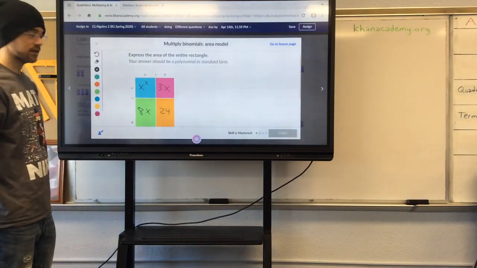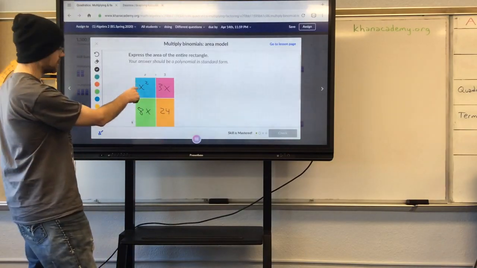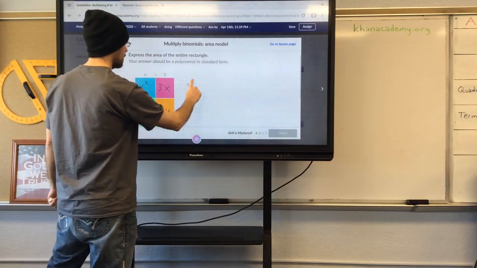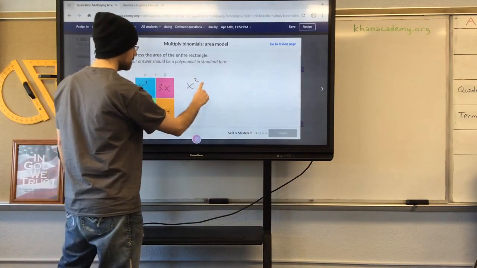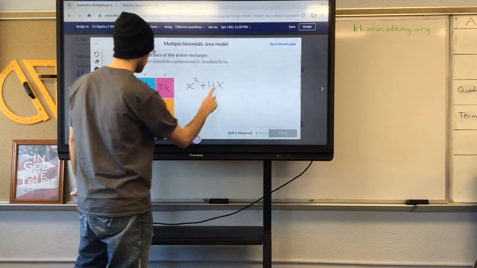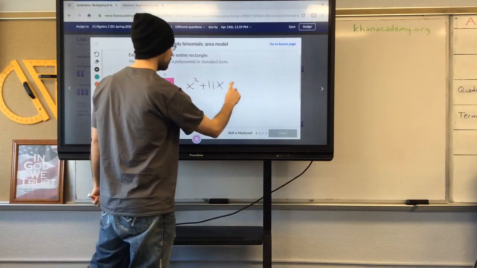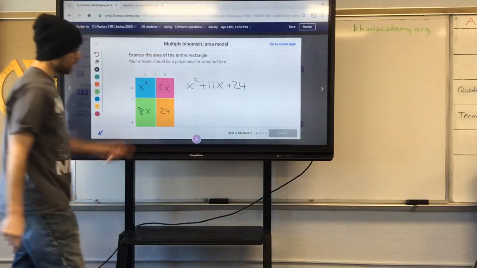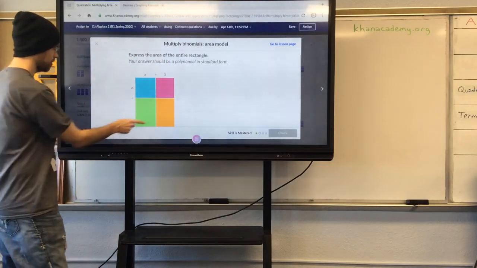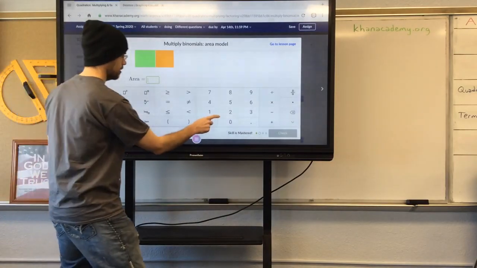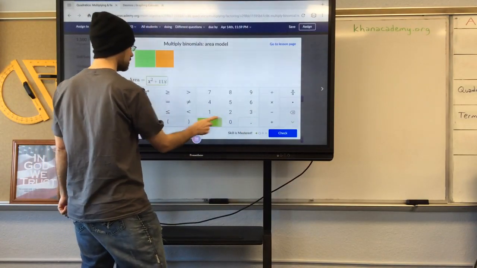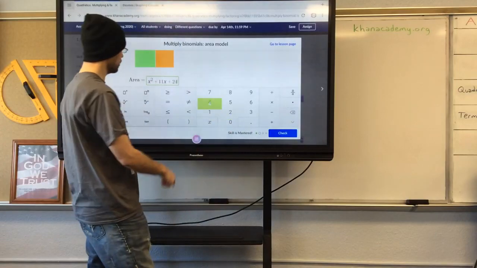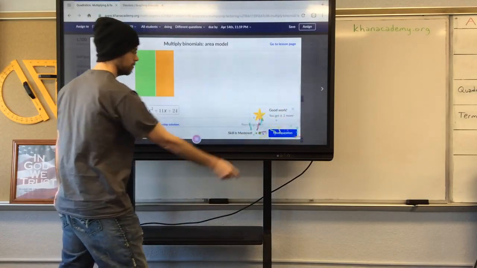So when we write that in standard form, the first term has the highest exponent, x squared. Then we have 3 x's and another 8 x's, that's 11 x's. And then we have positive 24. So x squared plus 11x plus 24. And we'll do